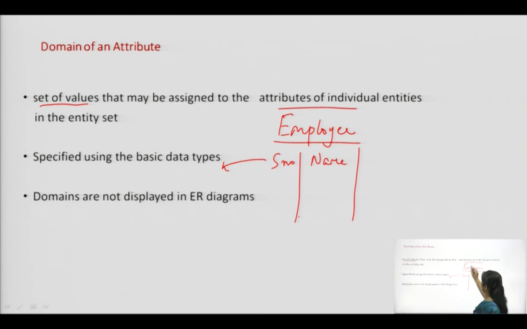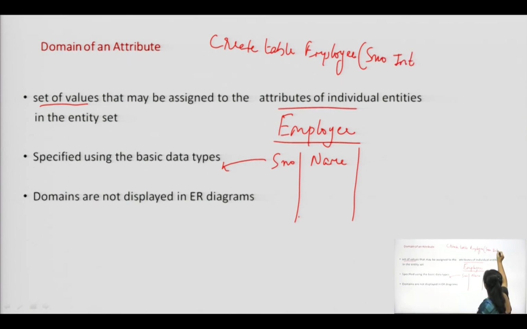For example, if you remember, we had written something like create table employee, SNO int, name varchar 20.